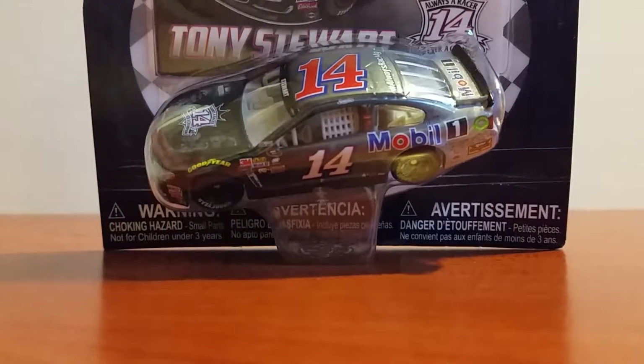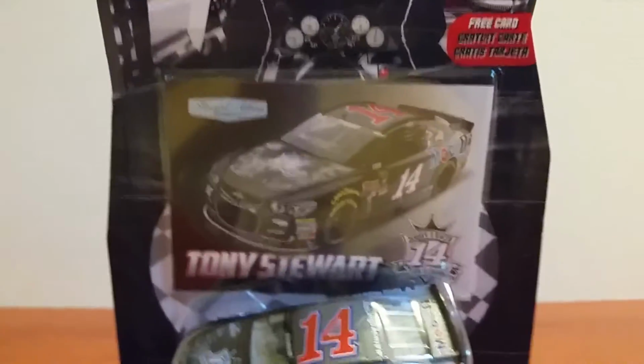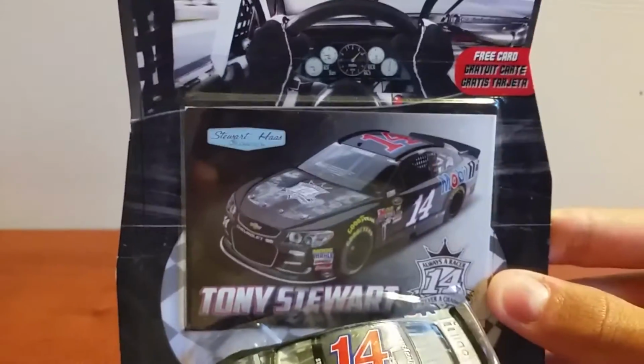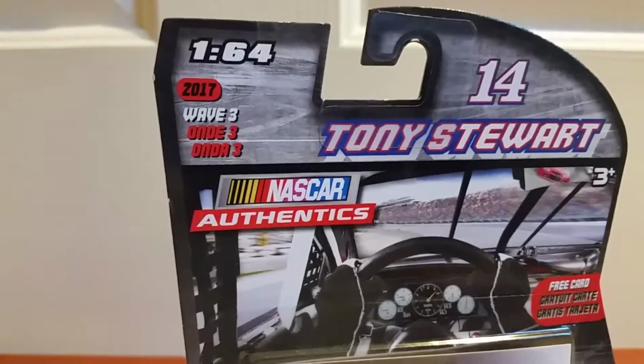Really quick, though, we'll go over the box, see if the box will stay upright here. You can see there's Tony Stewart's final ride card there in the packaging. You got a cool little collector card they give you. As it falls, that's what I'm talking about. You never want to stay up, so I'll just hold it here. So you can see there, a little collector card as indicated right there. NASCAR Authentics Tony Stewart 14. Again, you can see there